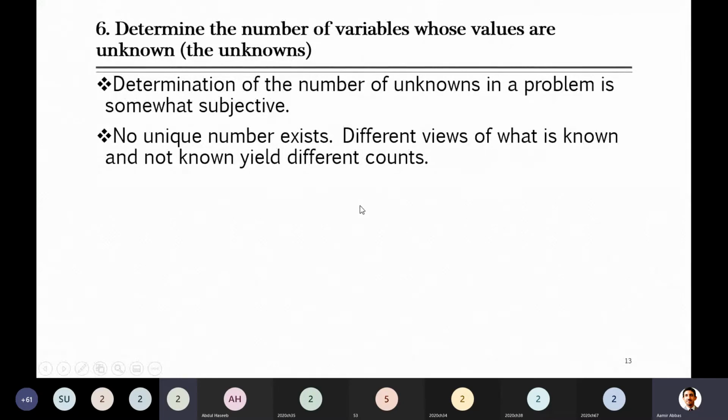Sometimes people define something as unknown and another student has already calculated that in the mind, so he or she can think, okay, I already know this, so this is not an unknown number. But there are some things which cannot be calculated through mental calculation, through quickly looking at the data or through literature. Those things need to be found. You have to calculate those, which we call exactly the number of unknowns.